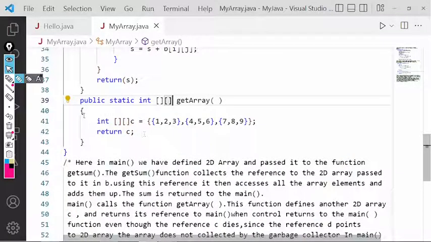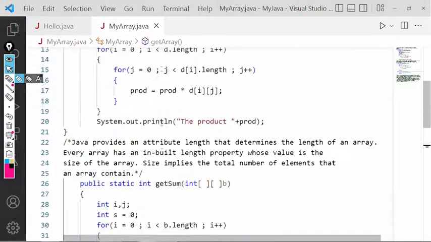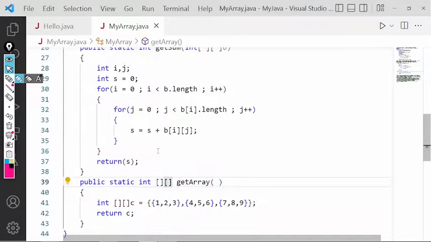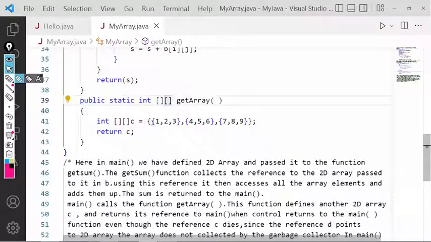Now as the control goes out of this scope, this C dies. C dies, but C is what? C is a reference to this two dimension array. C तो die हो गया, but ये जो array को refer कौन करने लग गया? This D. तो गार्बेज कलेक्टर क्या करेगा कि इस टू डायमेंशन एरे को अब कोई और रिफर कर रहा है,